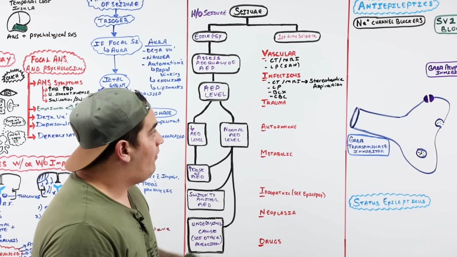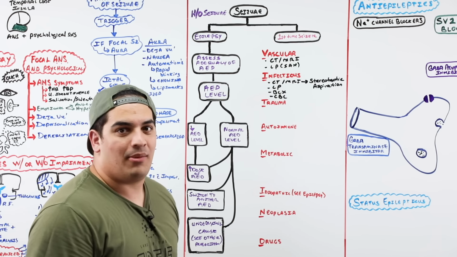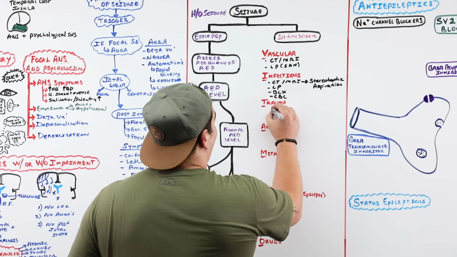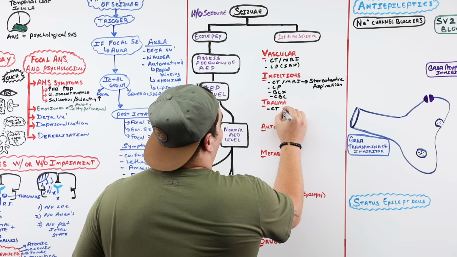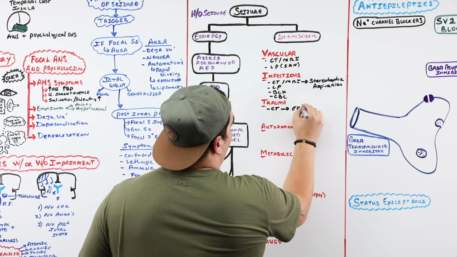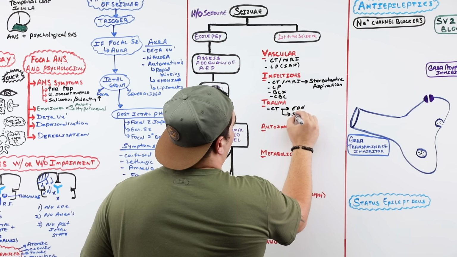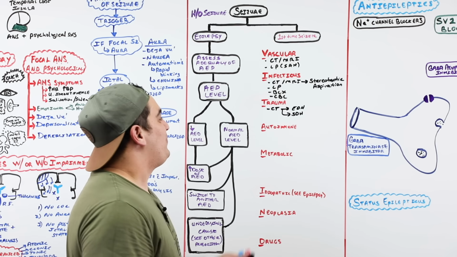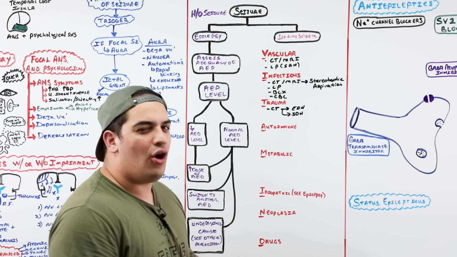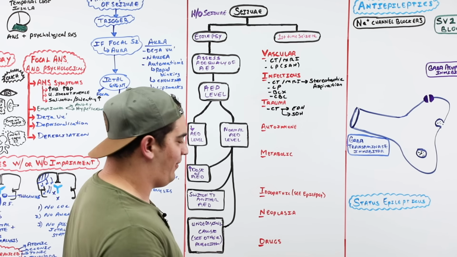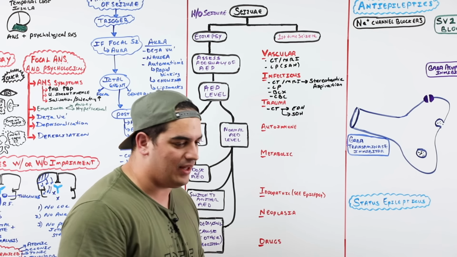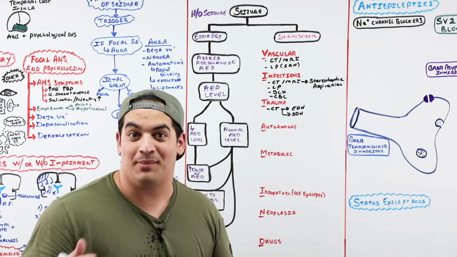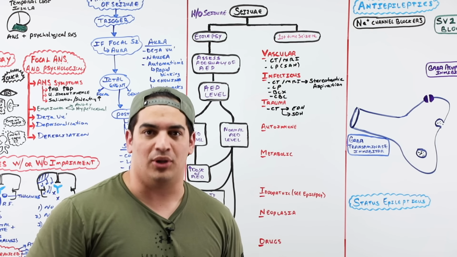So we got so far vascular, infectious. What about trauma? Well, if they come in with a history of trauma and you obtain a CT scan that shows either an epidural hematoma or a subdural hematoma, I'd say that you're pretty darn good there, okay? What else? Autoimmune. Now, autoimmune's a little bit different. If someone has autoimmune encephalitis, this is usually a little bit lower. What if they have a history of lupus or systemic lupus erythematosus or some other autoimmune disease?